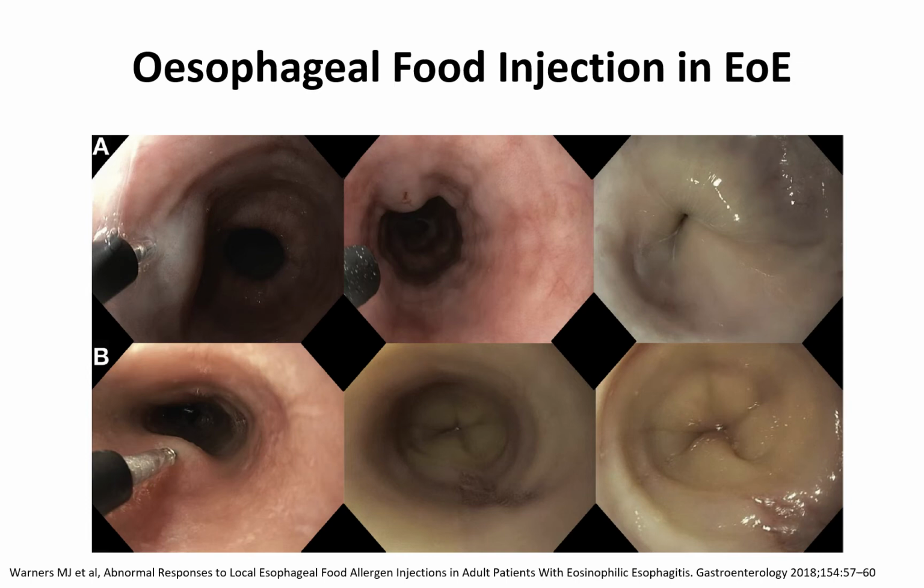This study done in 2018 in the Netherlands looked at injecting milk into the esophagus. We use skin prick tests to look at what we think is happening in the gut. It's a proxy for what's going on. It is not an absolute indicator of allergic response. As we see here,